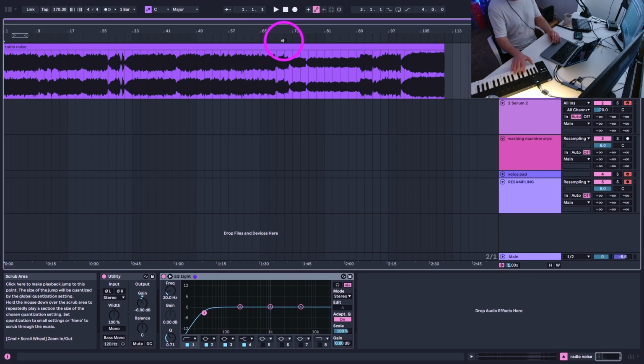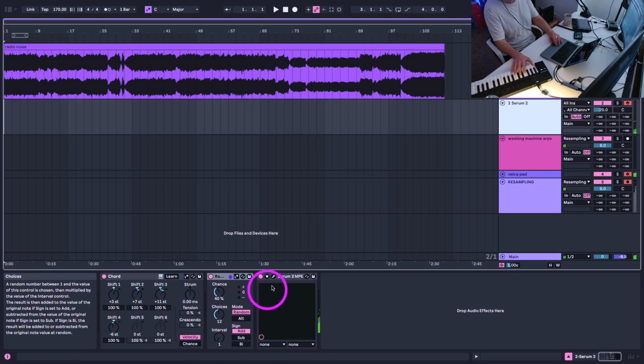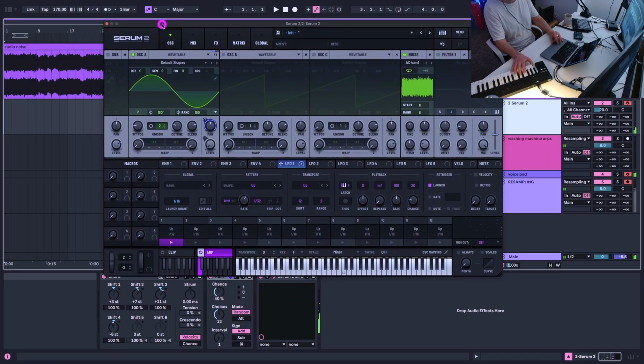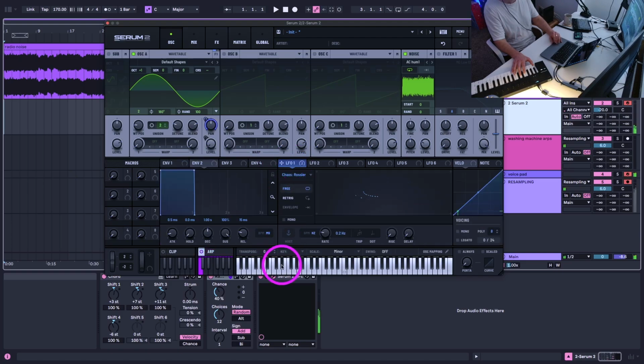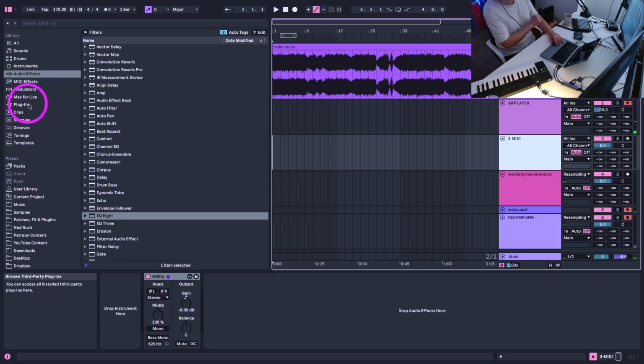So maybe something droney. Yeah. I almost want to make a Rhodes kind of sparkle or something.